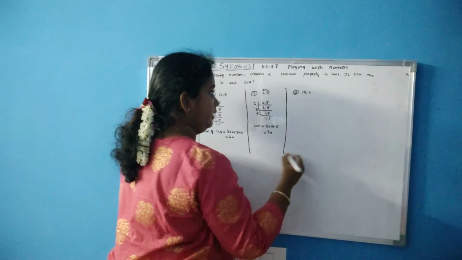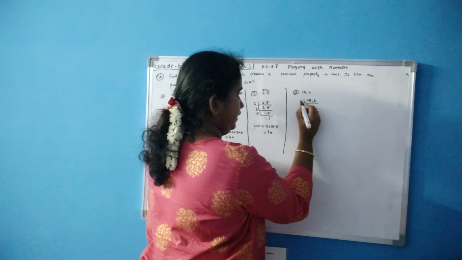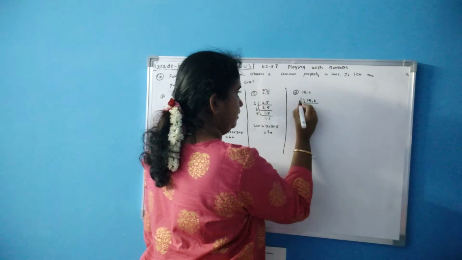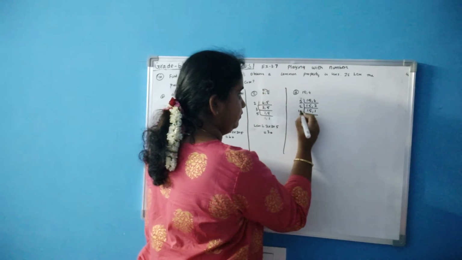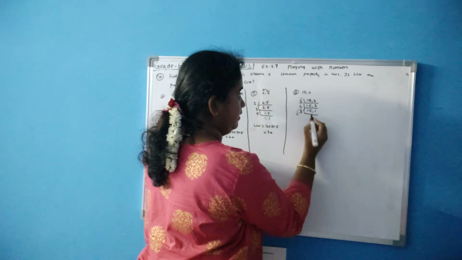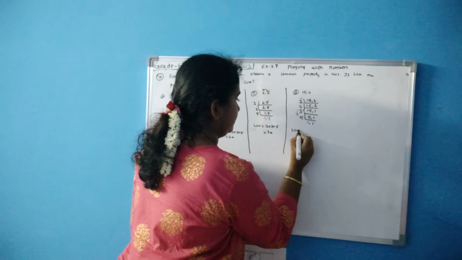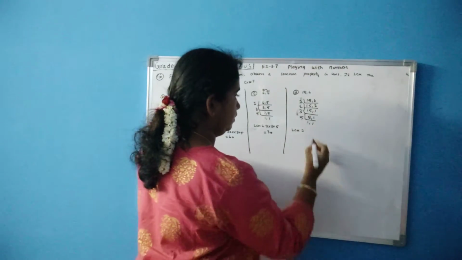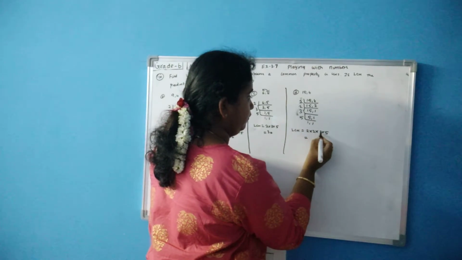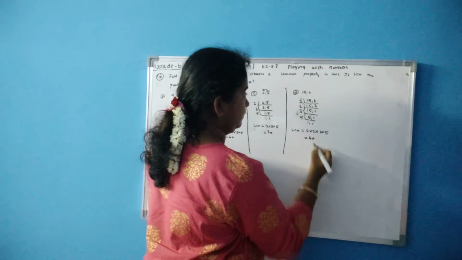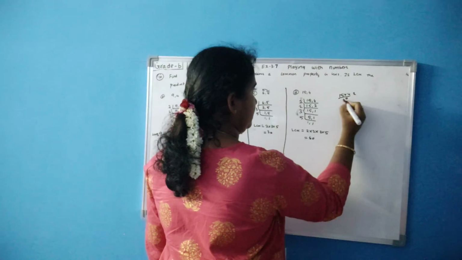Okay. Next one. 15, 4. 2 table. 15, 2 2s are 4, then again 2 table, 15, 1. Sorry, 3 table, 5 3s are 15, 1, 5, 1, 1. So what is the LCM? LCM is equal to 2 into 2 into 3 into 5. 2 2s are 4, 4 3s are 12, 12 5s are 60. So 15 into 4 is also, you check it, it is 60. 5 4s are 20, balance to 60.